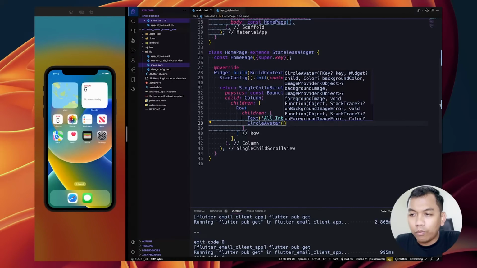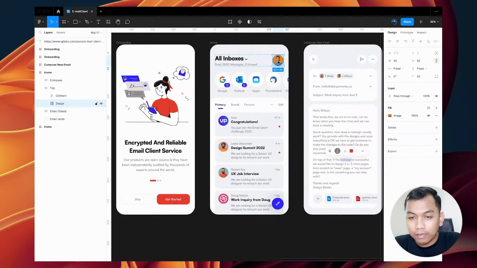And what we need to do here, our circle avatar, so let's check.